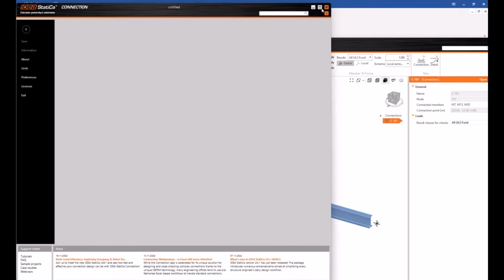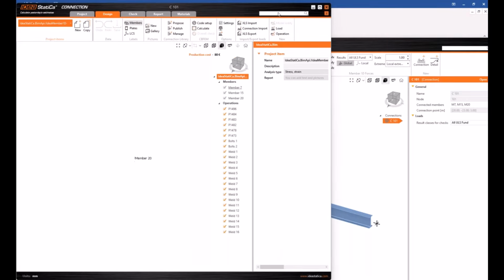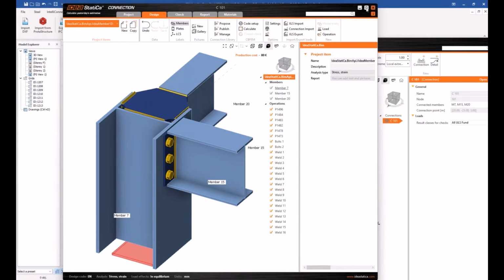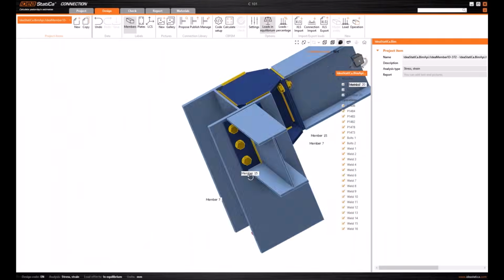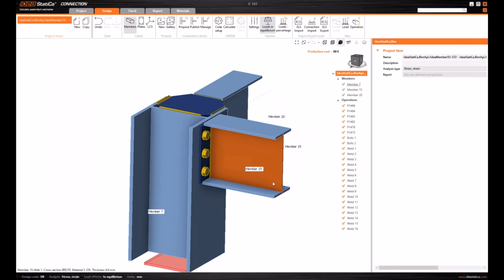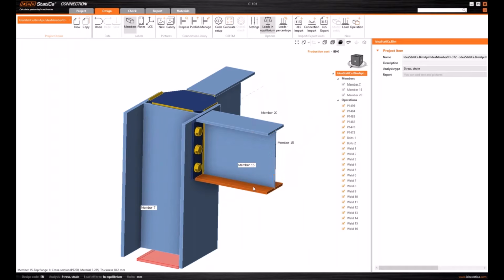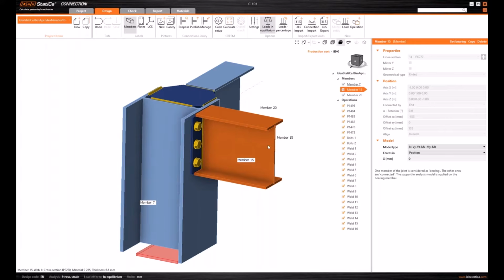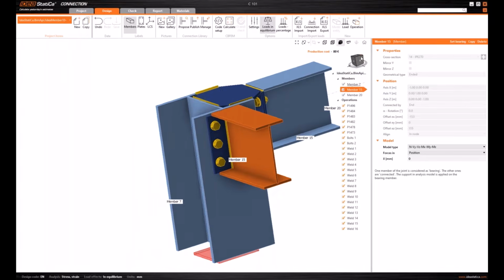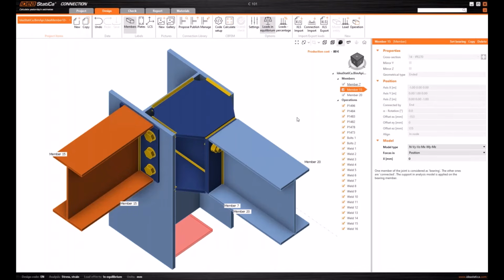And for those of you who are familiar with IDEA StatiCa, it's an operation-based software. So you have the members. It's a little bit hard to rotate. Yes, okay, let's use this. You have the members defined.